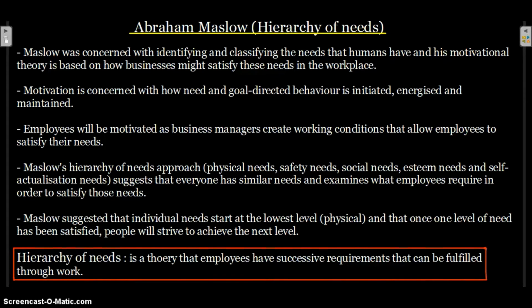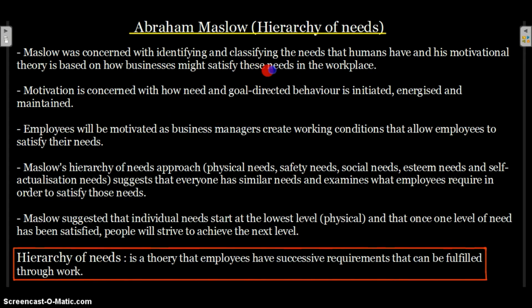I kept him separate from all those content theories because his is the most lengthy and the most important of all the motivation theorists, as far as I've seen. Lots of teachers also think that his theory is the most useful one, and I think the same: his theory is the most effective one in our current business workplace situation. So his is the most important theory for motivation.